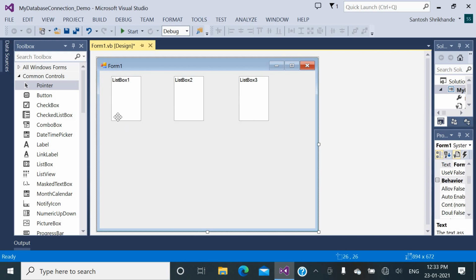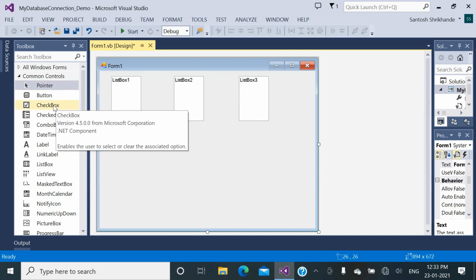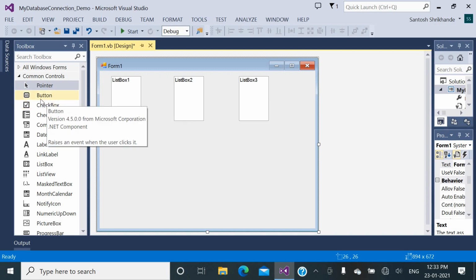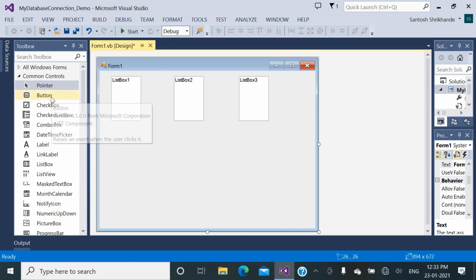Now after this we are going to insert a new record into the Microsoft SQL Server database. Then we are going to delete a record from the SQL Server database, and we are going to update a record in the database. For this purpose we need some buttons.